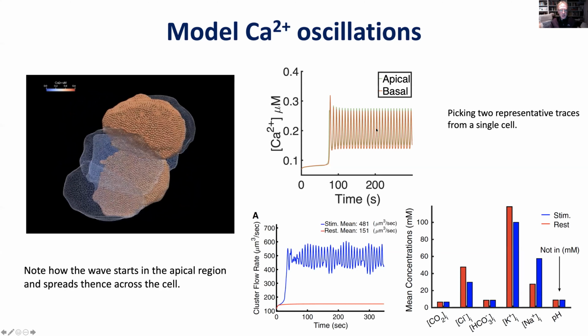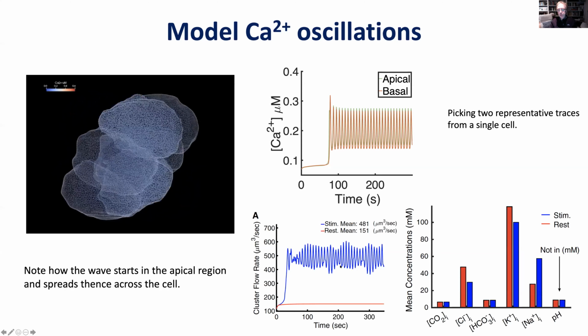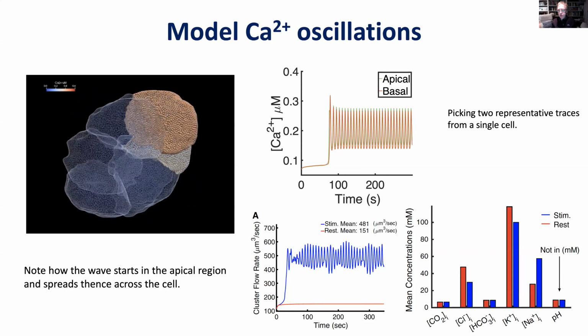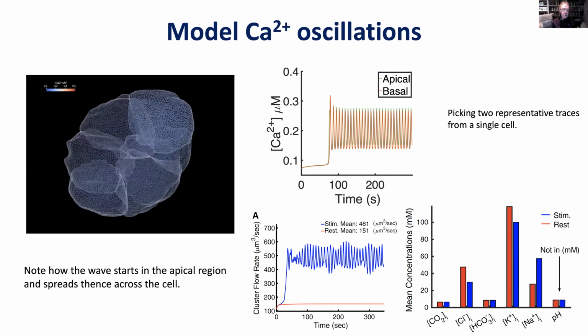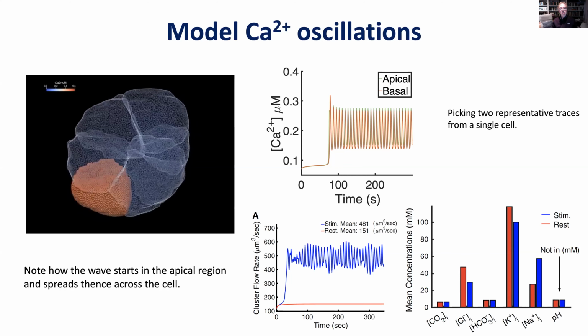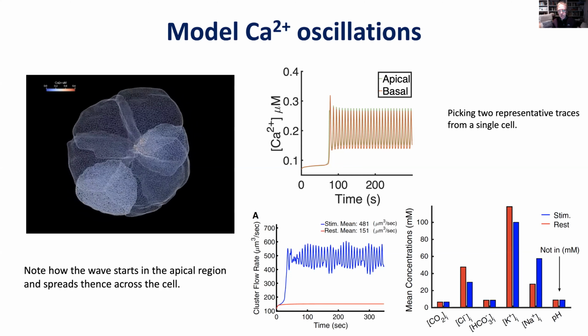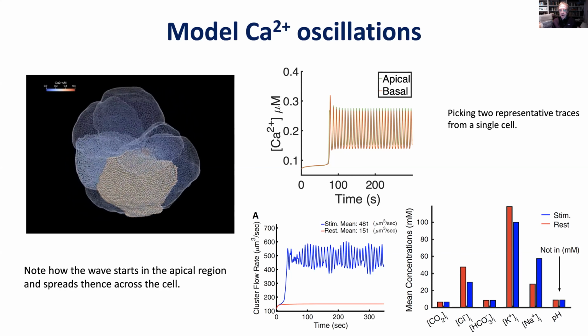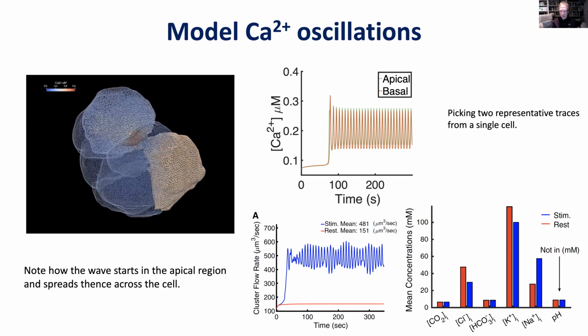So all these concentrations check out very well. The calcium oscillations check out very well. The fluid flow checks out very well. And we concluded that, well, we kind of understand what's going on, even in the three-dimensional thing. I mean, there are questions to do with the spatial distribution of the calcium. There are still questions, but we figured we kind of understood it. That was all very well, but then came Jonathan Rubin's spanner in the works, where I head back over to